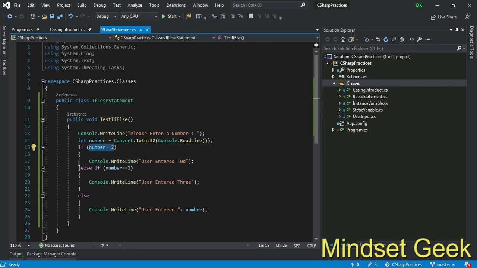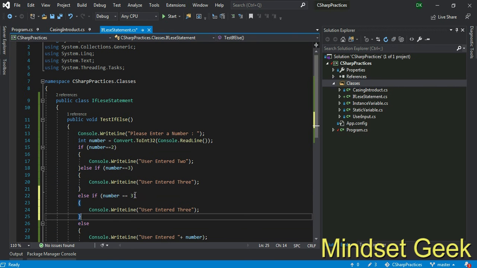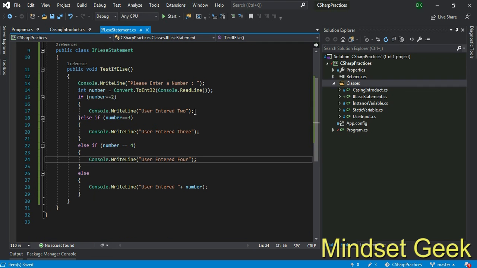And you can add any number of else if statements, right? Check this, it's 4. Any number of else if statements. But remember this, you can't use an else if statement or else statement without if, right?